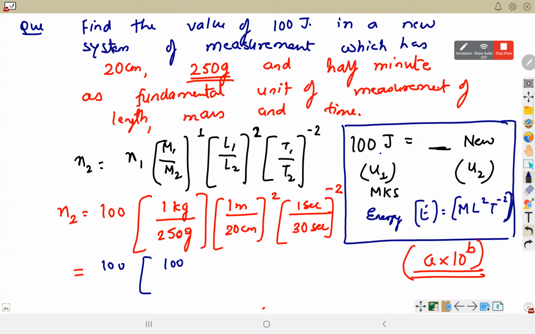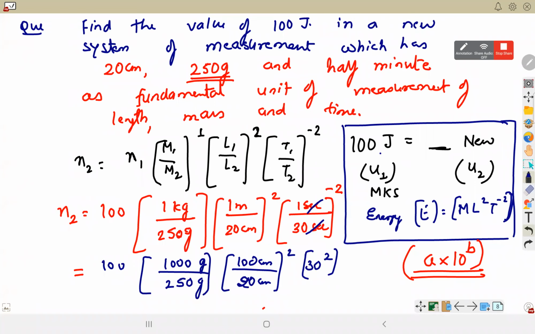1 kg को ग्राम में चेंज कर लो, सो 10,000 हो जाएगा ये, डिवाइडेड बाय 250. मीटर को सेंटीमीटर में चेंज कर लोगे, सो 100 सेंटीमीटर डिवाइडेड बाय 20 सेंटीमीटर, एंड दिस इज गॉन. सो ये तो सेकंड ऊपर आएगा 30 स्क्वायर. सो दिस बिकम 4,